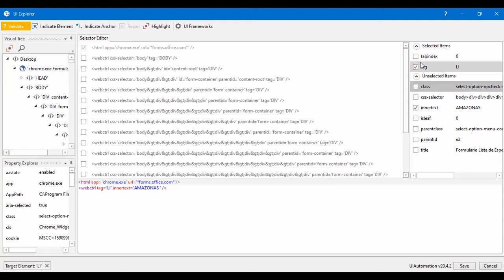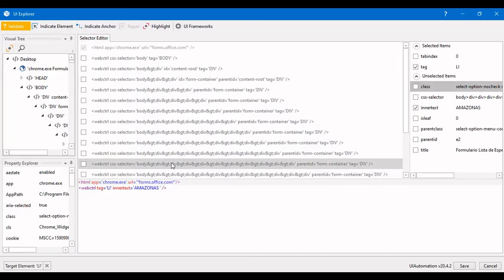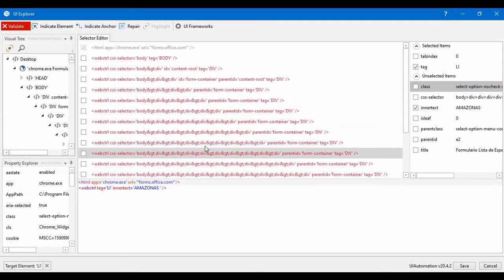It is not always in the first column, first row, right? Maybe it is at 10 or 11. So we need to exclude that particular row index from there, and then you need to select the inner text and validate that again, and it is not able to validate that particular selector.